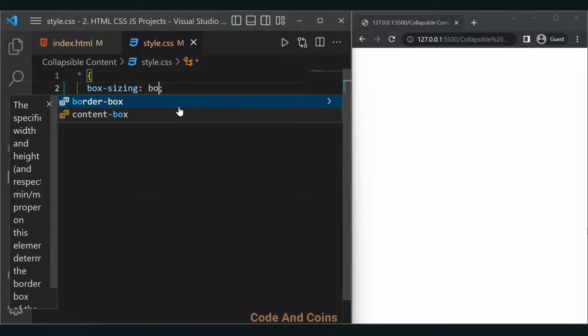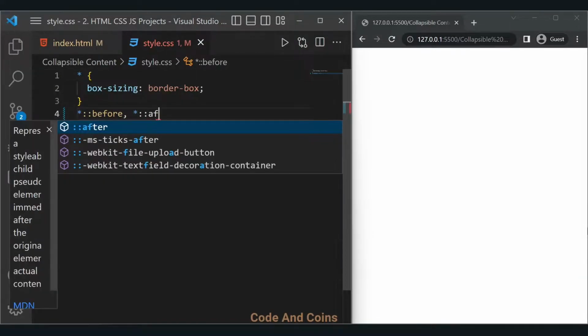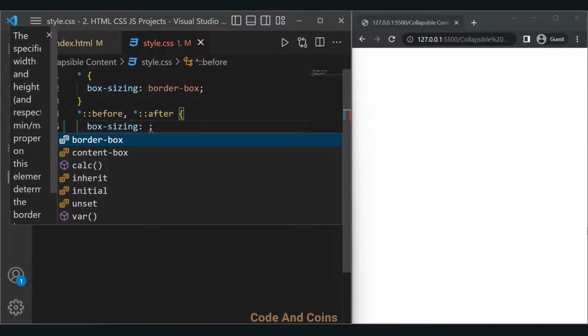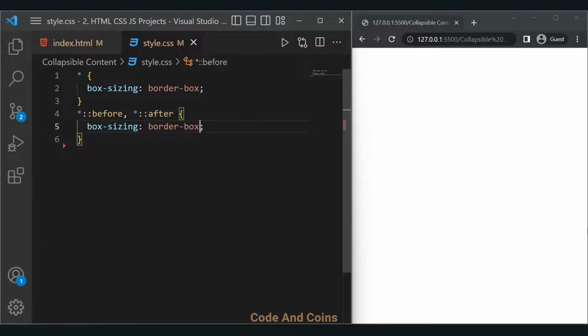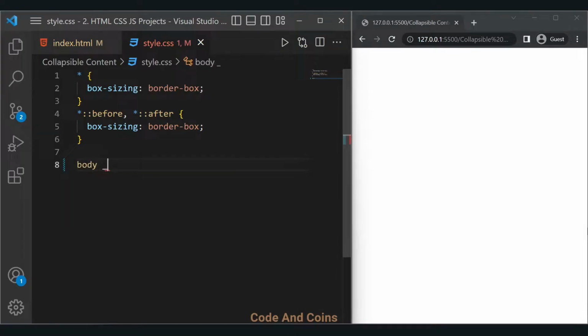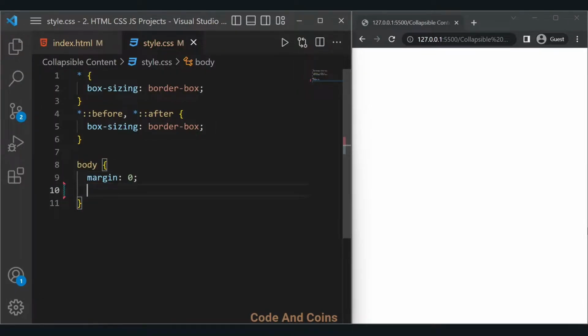Box sizing, border box. Again asterisk, double colon, before, and asterisk, double colon, after, box sizing, border box, and body whose margin is 0, padding is 0,